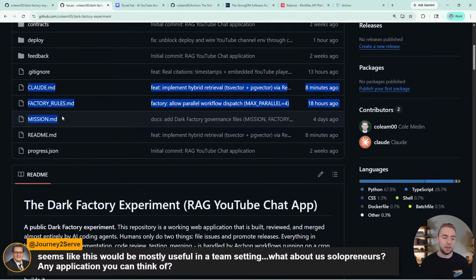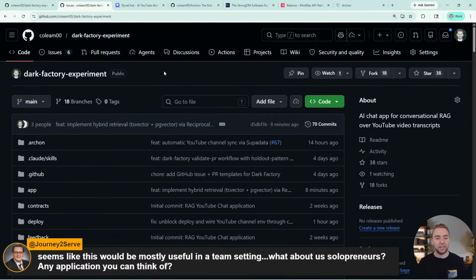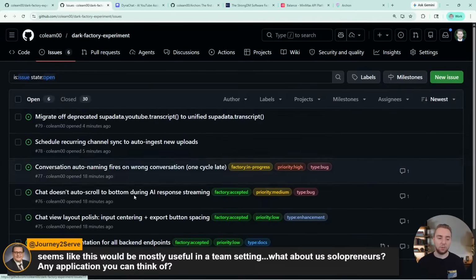And then if there's ever any problems, I just update these files or maybe change the Archon workflows. Really the goal of the dark factory is to package up my end-to-end process for AI coding as much as possible. So even if I add in more human in the loop, it still fulfills that mission of I have this simple entry point and then everything else is taken care of for me.